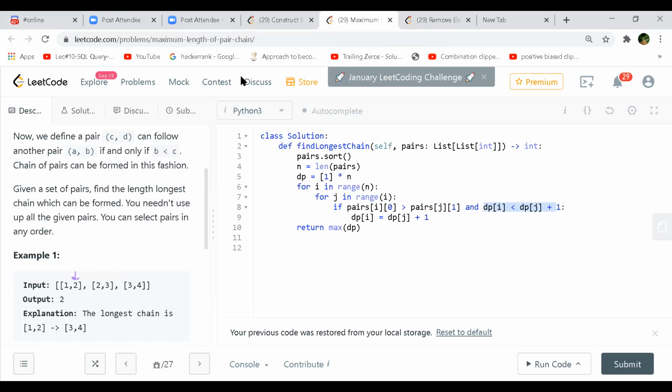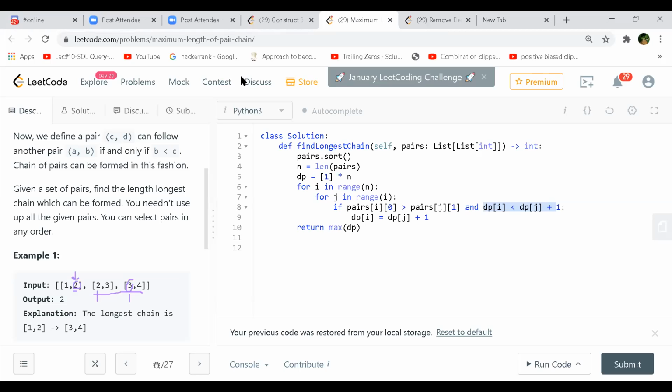Now you have a shorter list, excluding this first one. So you compare the start element, which is the 2, with your current element. You know that this is not smaller. Had this been 3, then you could have considered that. But it is not, so you move to the next one. In this case, you compare this with the start of the 3 value. So you compare this 3 with this 2, and now you know that this one is smaller than this 3, so you can include that.